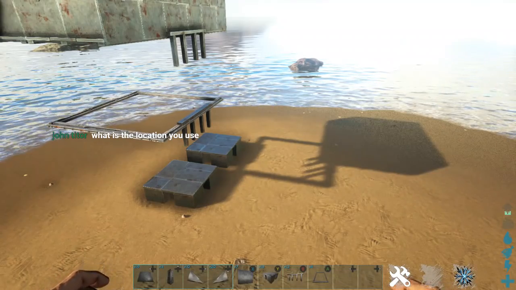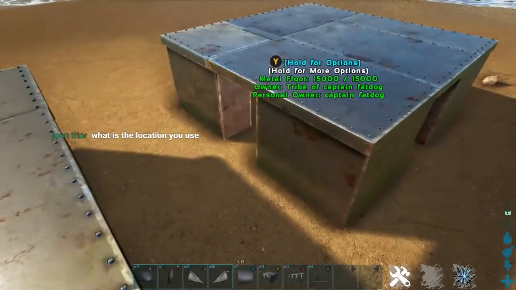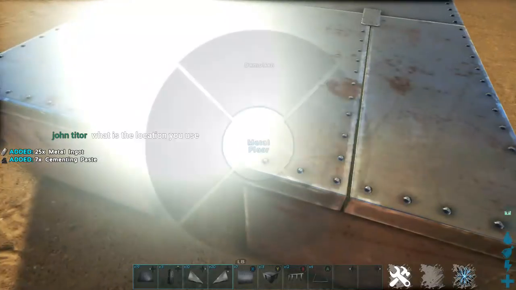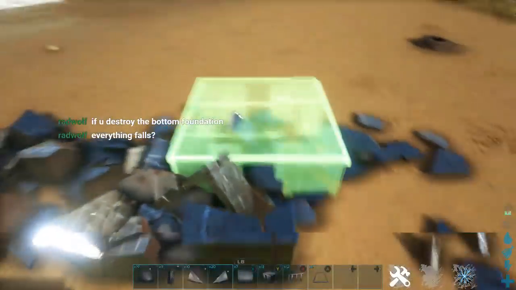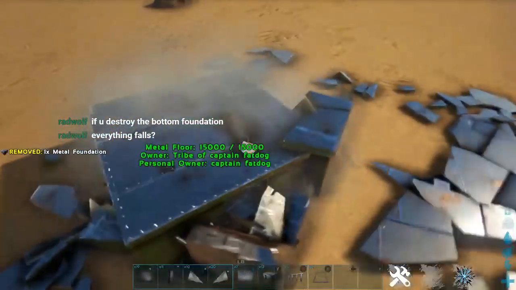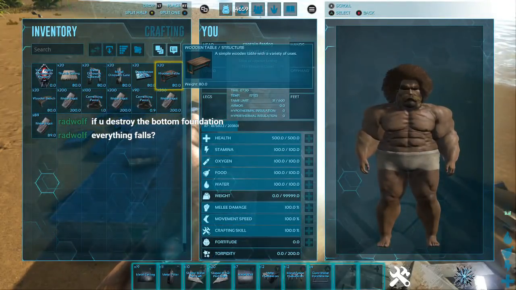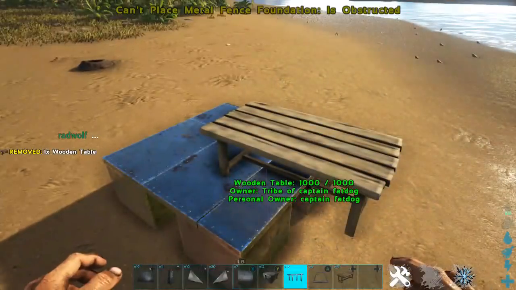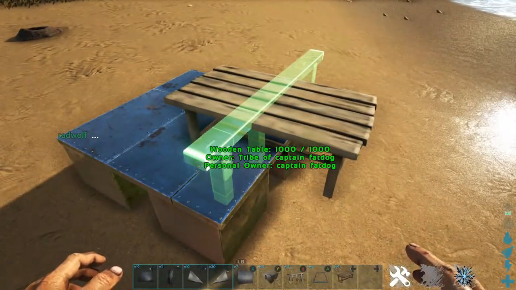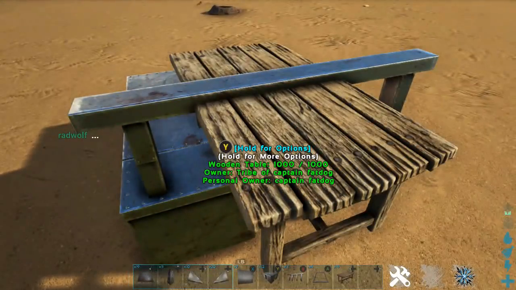Let's see. Another use for this. So the round base that I did a while back, the one on the cliff platform, I had a glass table and a lot of people were asking me how I did that, so I might as well show that while I'm at it. So if you place a normal table on the edge of your foundation and then a fence foundation on top of that so that it's raised up,